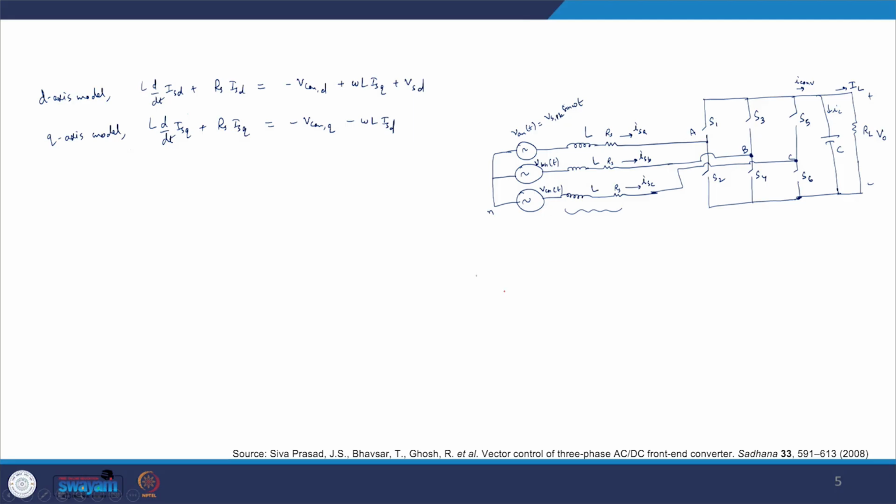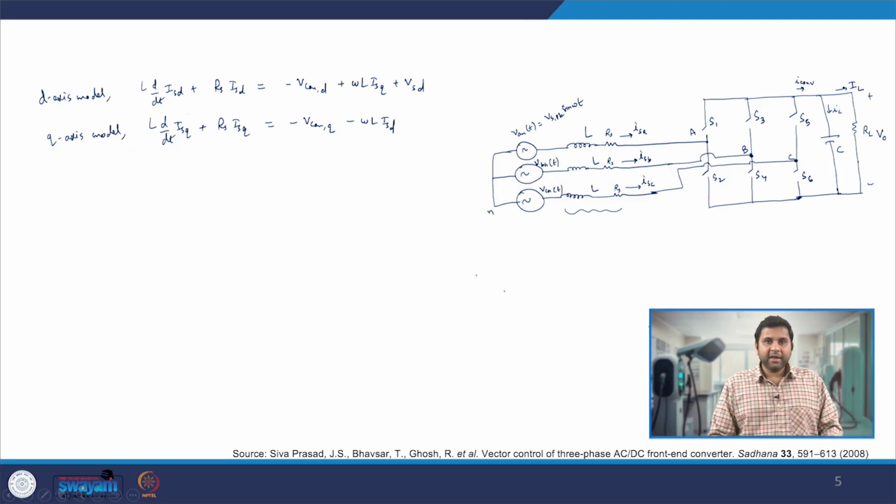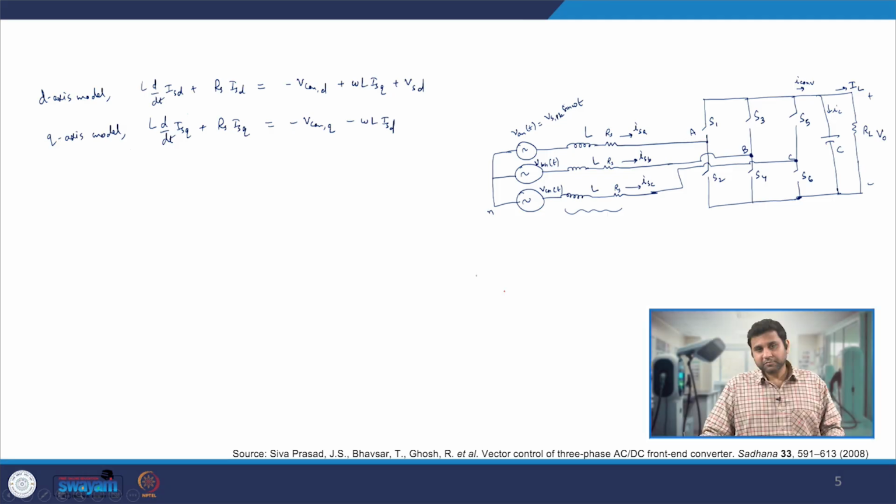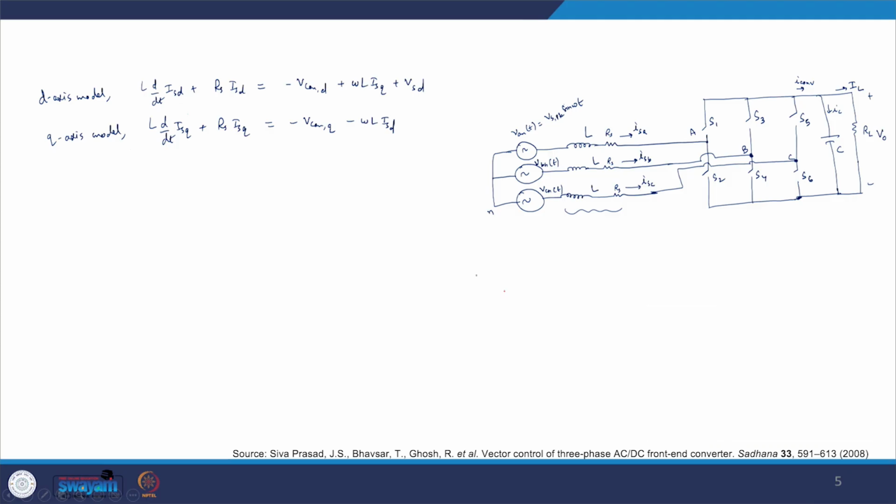Now let us try to derive the closed loop control, how the closed loop control looks like. So if we see our converter, what we have is L and RS, and we have the 3-phase half bridge converter, and this 3-phase half bridge converter is actually modulated using pulse width modulation. Assume we are doing the modulation using sinusoidal pulse width modulation, where we are ensuring the modulating wave, which is Vm, is actually varying sinusoidally, and thus we can ensure that the average pole voltage at the output of these half bridges has a sinusoidal variation.